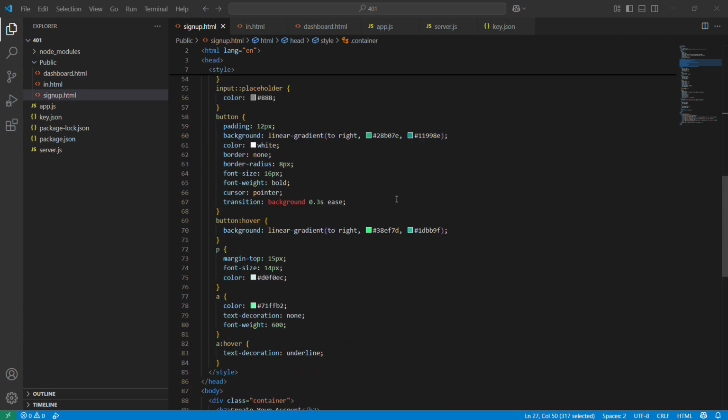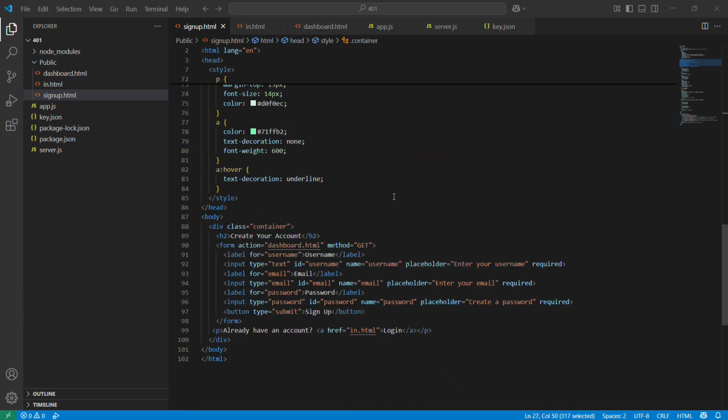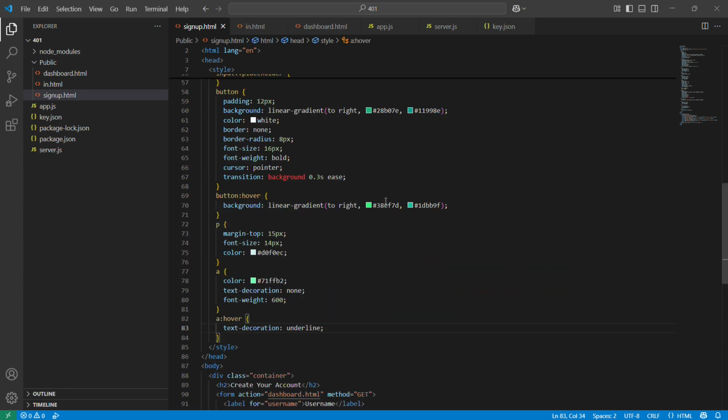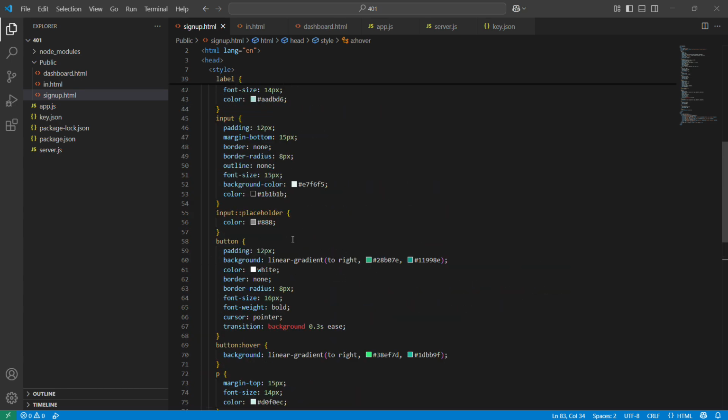As it is a sign up page, it consists of three fields: username, email, and password. The submit button sends the user to the dashboard. As you can see, we have connected it here to the dashboard. And coming to the stylish inputs and buttons, we have put up the inputs and placeholders like this. Inputs are clean and accessible, while the button uses a vibrant gradient that shifts on hover, adding interactivity and modern